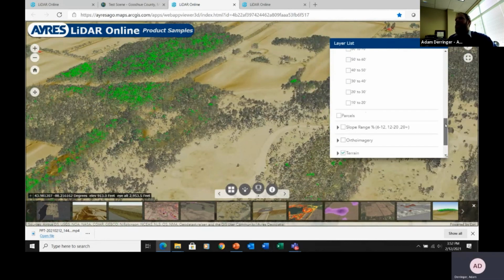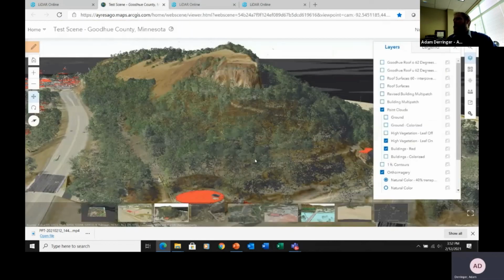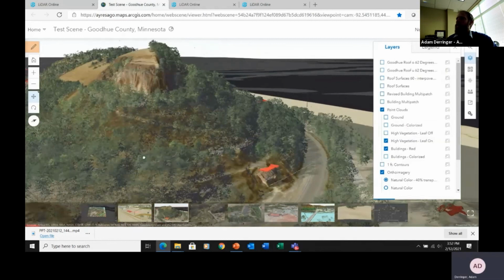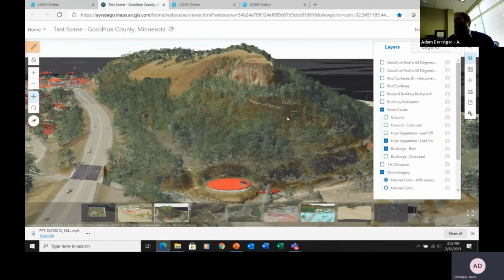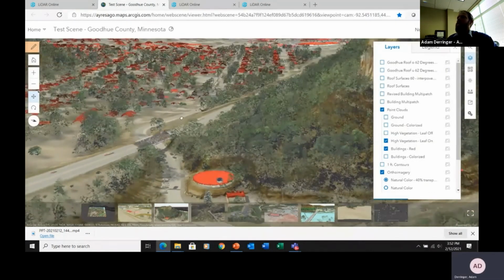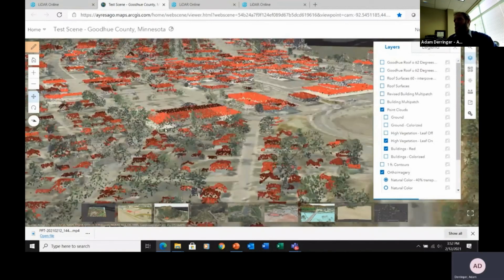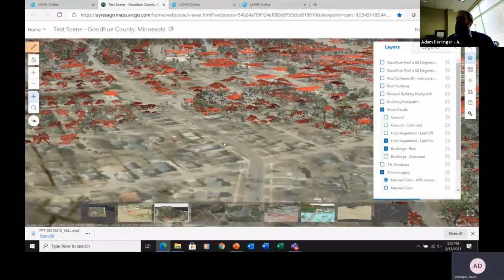We expect data to get bigger and bigger. We've actually taken steps. What we're looking at here is a 30 point per meter data set that we created. This is just across the border over in Minnesota. But even at 30 points per square meter, if you guys remember that slide that we looked at before, over 600 million points per square mile, this is what you're looking at. So it works really well. It draws really fast. If you understand that data and you can put this key data into the hands of decision makers